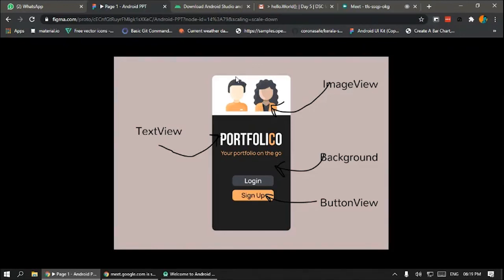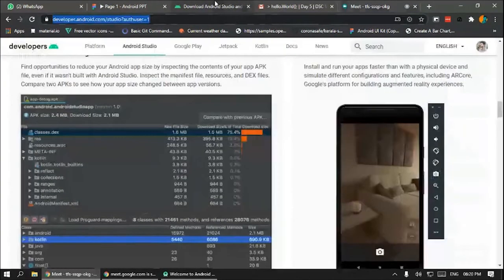As you all know, in Figma, this girl, this white background, everything was a different component, right? But when you are coding in Android Studio, try to make it a whole image. Take this as a whole image, and that is an image view. Now, this text is actually a fancy colored C in it. I think it's so hard to get that C individually colored. So it's better to take it as an image view, but for the reference of text view, I just put a text view here, your portfolio. This text will be residing in a text view.